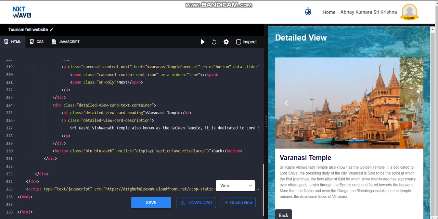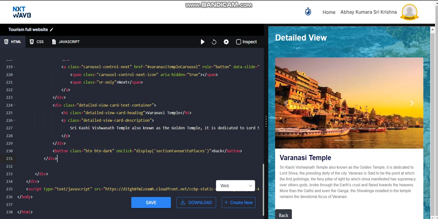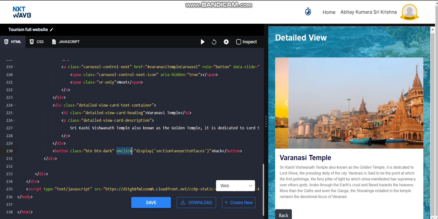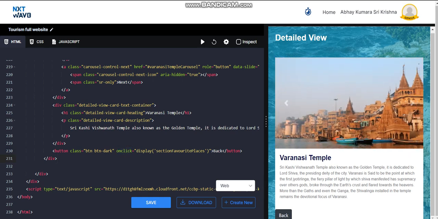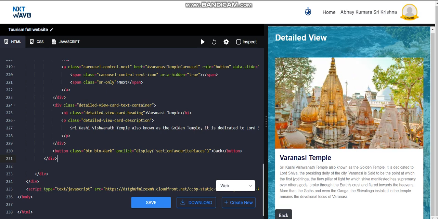As you can see here, I've added the button element, and you can see here the onclick attribute in the Varanasi detailed view section.